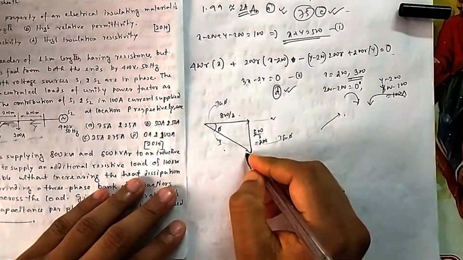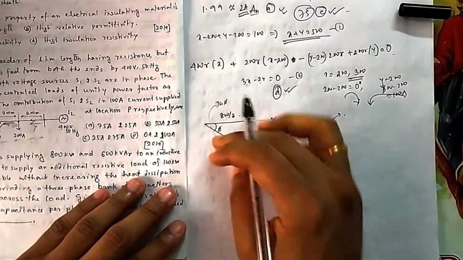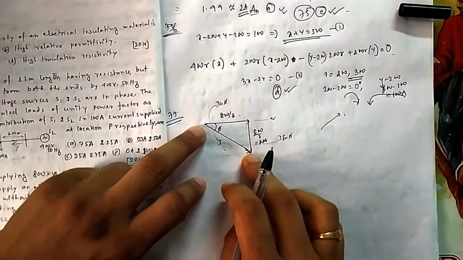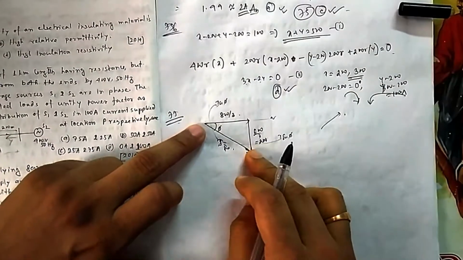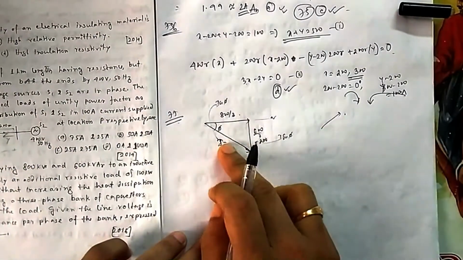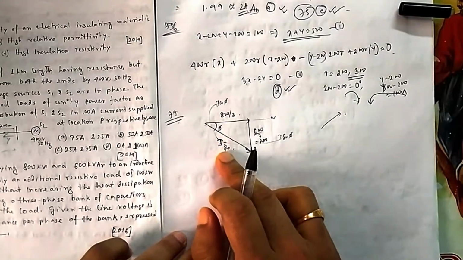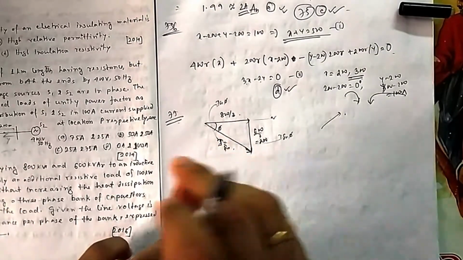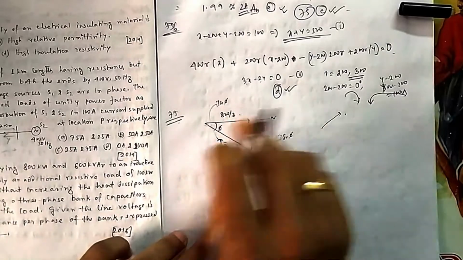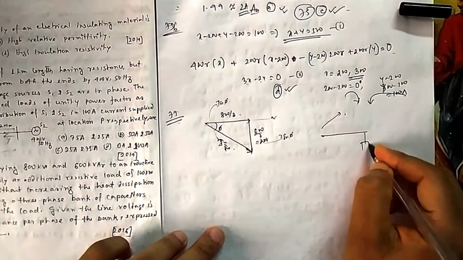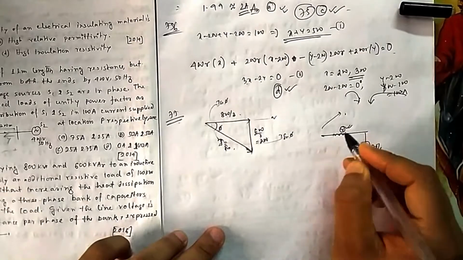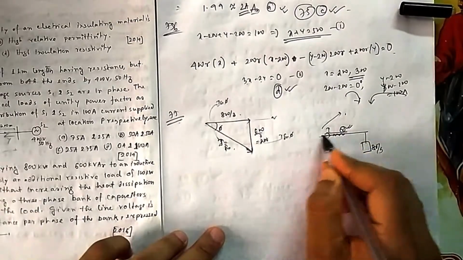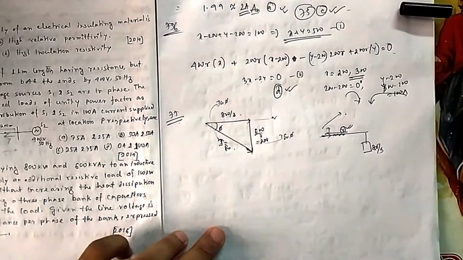Now you can't increase this; the current should be fixed. This hypotenuse you cannot increase, because this is the magnitude of current that is flowing, and heat is coming due to this magnitude, this I square R in that line, not in the load. So 800 by 3 is here, there is also R, and due to this it is heating. If your I is fixed, then this heating is fixed, so you cannot heat it more.